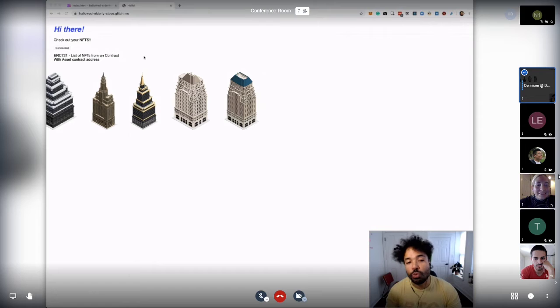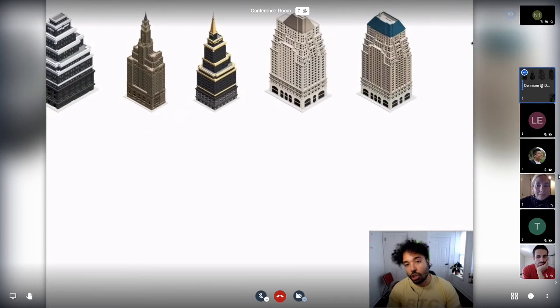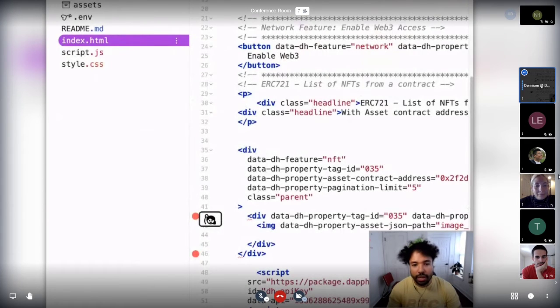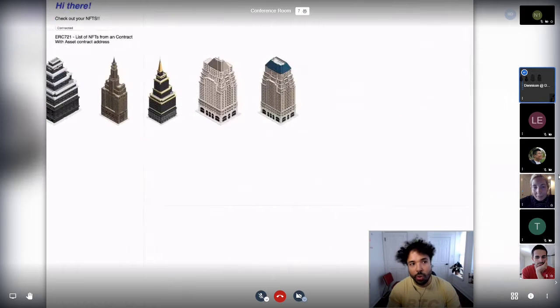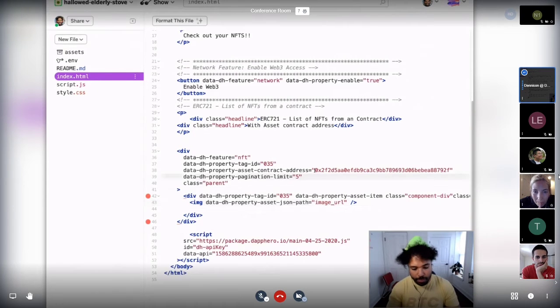Yeah, and this feature is really cool because it doesn't require your user to have a Web3 wallet to use. As long as you don't need any information from them, like their address, this will work without even having a Web3 wallet. So this allows you to instantly show and interact with NFTs in just a couple of moments, right? This is all done in this line of code. This isn't even code, these are just HTML tags. So we have 5 of them, but if we wanted 10 buildings from that contract,